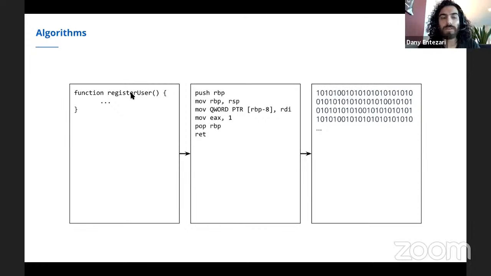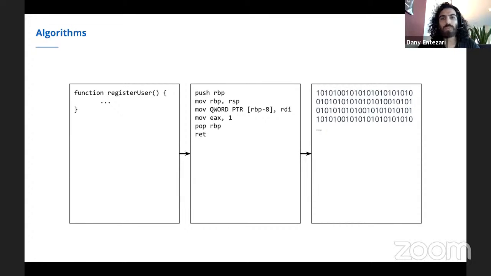Computers, the one with which you're watching this workshop right now, your phone, your tablet, your laptop, or any computer for that matter, do not understand programming languages. They understand ones and zeros in the form of electrical signals.